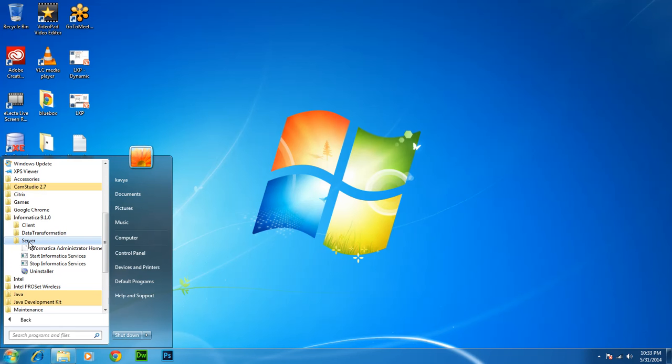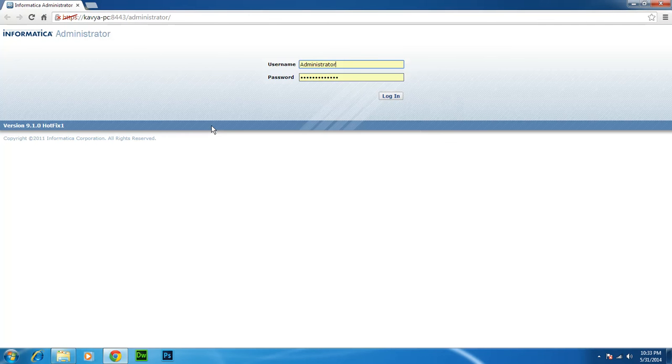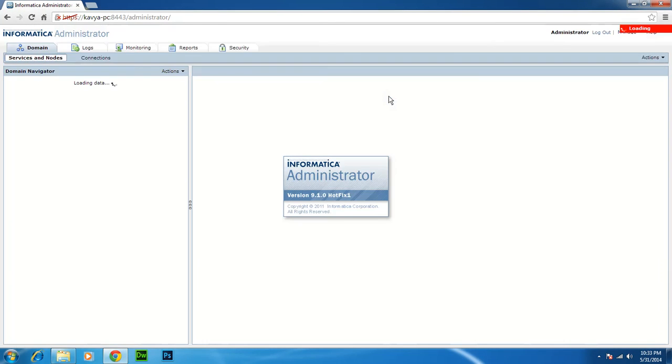See, as discussed in the earlier classes, right? So Informatica administrator homepage is available for the administrator to do the administrative tasks. So let's have a look at the tool. See, so you need to provide username and password. So this is password and username protected web page, right? So after you log in,